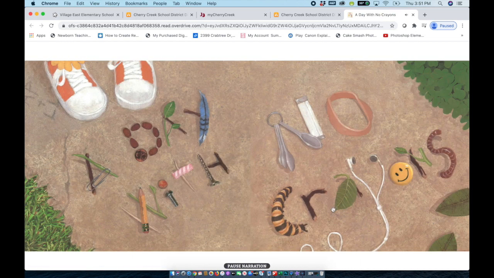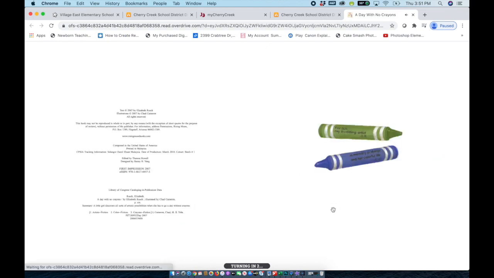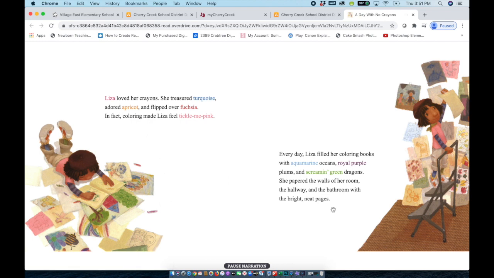A Day with No Crayons by Elizabeth Rush. Liza loved her crayons. She treasured turquoise, adored apricot, and flipped over fuchsia. In fact, coloring made Liza feel